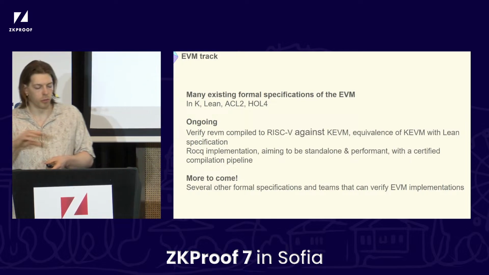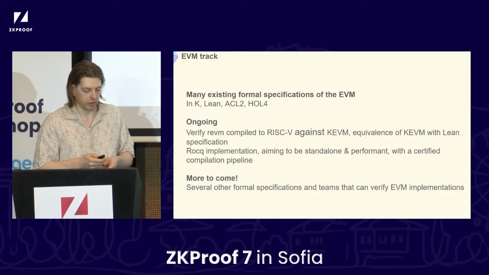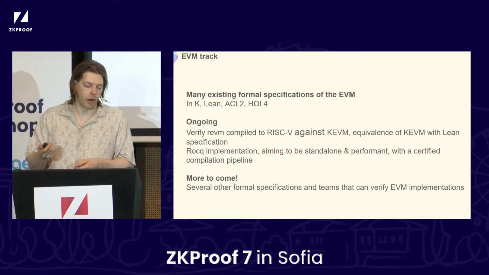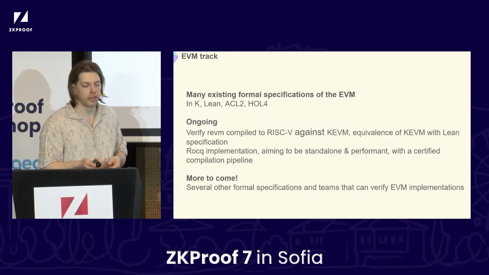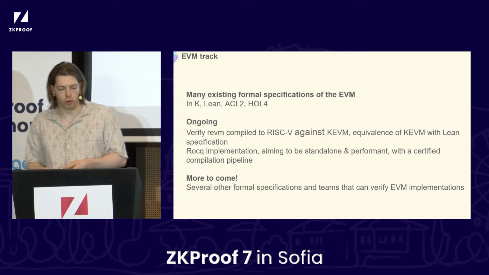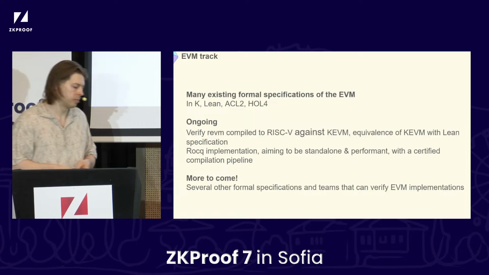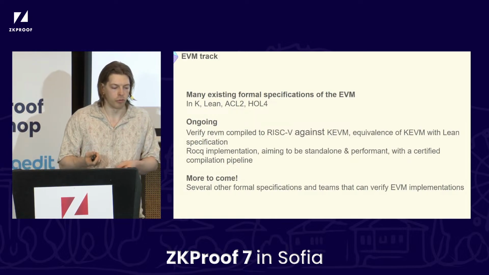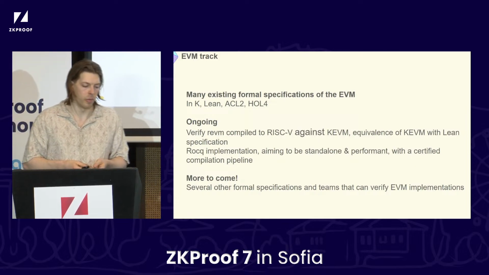Which are both somewhat work in progress, but it wouldn't be too much effort to bring them up to date as soon as we need to use them. The goal of using these specifications is to be able to verify implementations of the EVM against these, and we're already doing this now with REVM. So REVM is the canonical Rust implementation of the EVM, at least until maybe LambdaClass finish up their work on LEVM. And because RISC-V zkEVMs primarily use Rust as a front end, this is the EVM implementation that every zkEVM uses at the moment.